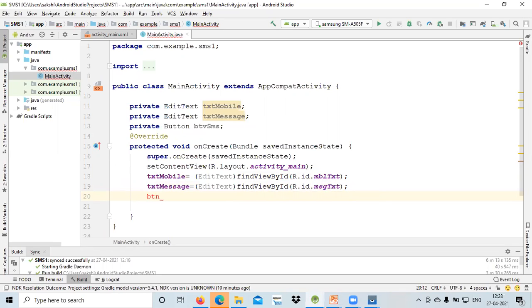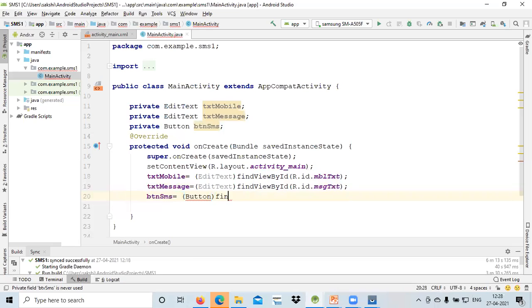Again, I just changed the name of that button. This is button. So I will use that button SMS equal to. I just typecast that particular thing. Sometimes it is not required for some of the versions, so I am just writing like this.